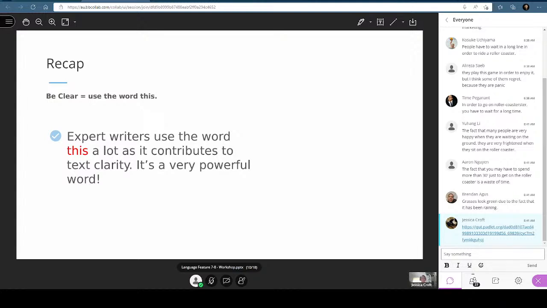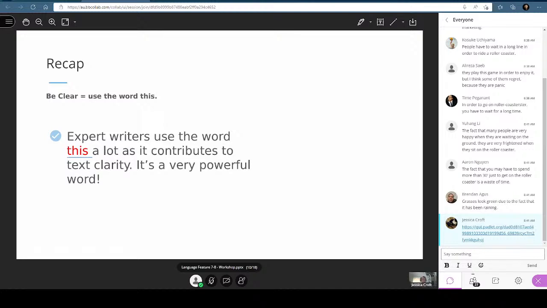which probably doesn't seem like a big deal, but ironically, this is probably one of the most underrated academic terms. It's used in academic writing a lot, and what it does is it creates cohesion. So it stops you from repeating yourself unnecessarily, plus it tells you how to link all the ideas together.